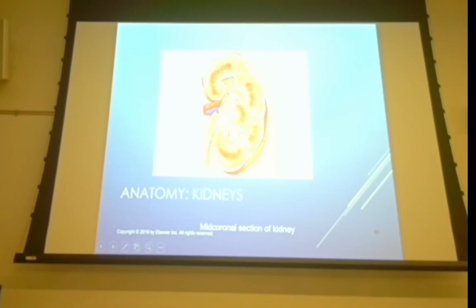So this expanded portion of the upper portion of the ureter is what we refer to as the renal pelvis, and it's continuous with the ureter. So it's kind of like a funnel. So what happens in a lot of cases is that just around the lower pole of the kidney, the ureter is pretty consistent in size. It's pretty thin. So it's used to transporting only fluid, then all of a sudden you get a kidney stone,